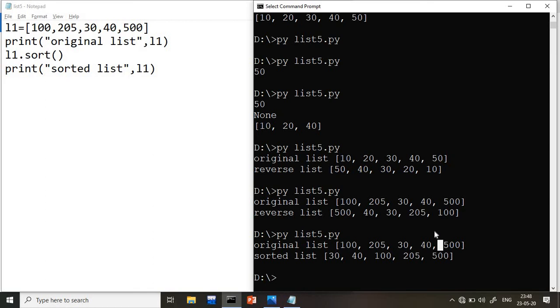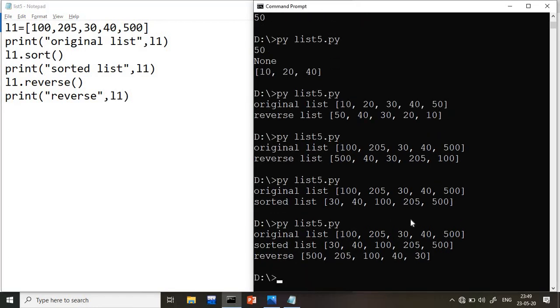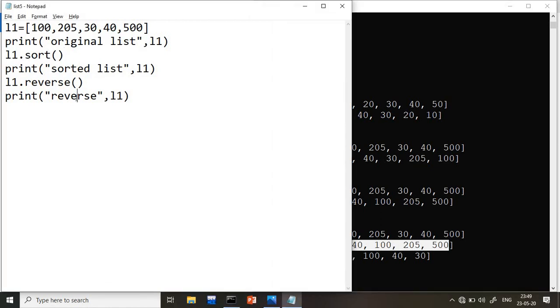Now you will say, sir, I want to print the values in descending order. So how to print it? We will use one more function, L1 dot reverse, after sorting, and just print it. Will it give the proper value or not? Let us check it. Save and just observe here. Are we getting the perfect value? Yes. So like this you can do it. First you can sort it, and then print in ascending or descending order as per your requirement.